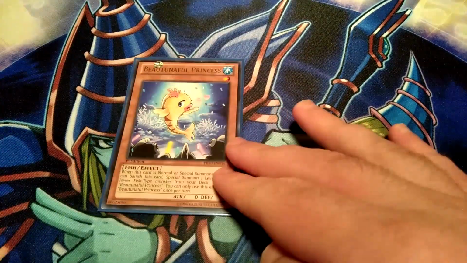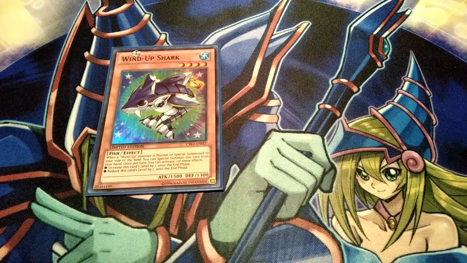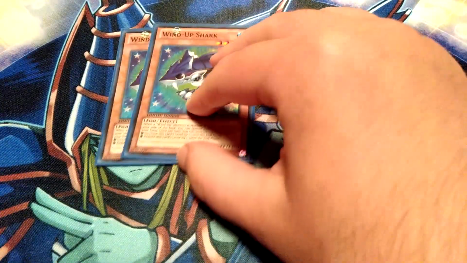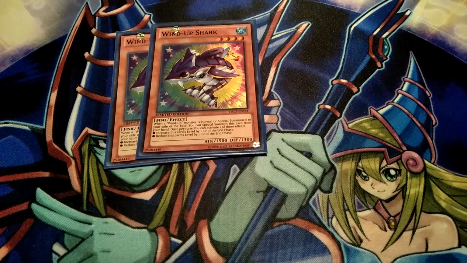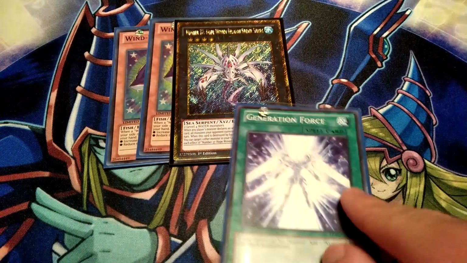So first you normal summon Beautiful Princess, and you banish it, and then you special summon Wind Up Shark from the deck, and then you activate your Wind Up Shark from the hand and special summon this card as well. Then you can Xyz summon into any rank 4 really. So let's go for number 37. Then you activate Generation Force,